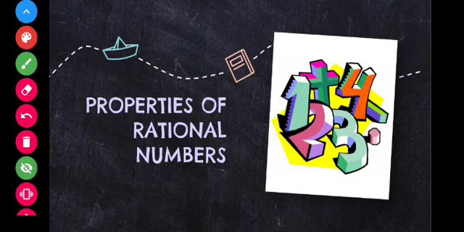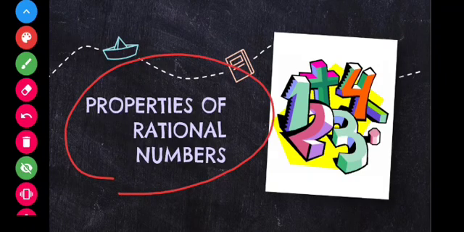Properties of rational numbers. First of all, what do you mean by properties? Properties of water. Okay, how do you define properties? How do you tell the properties of water? Water flows. Water is in liquid state. Water takes the shape of a container. Such things you can mention as properties of water. Same way, rational numbers also have some properties. They behave in certain ways in certain equations. So that is what we are going to see now.